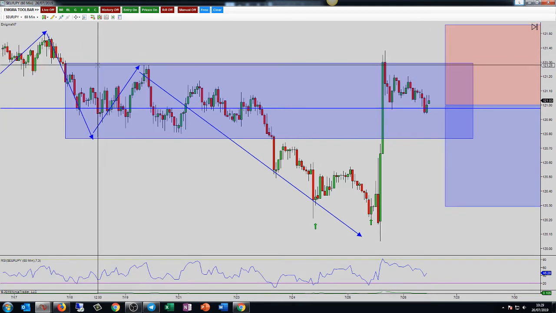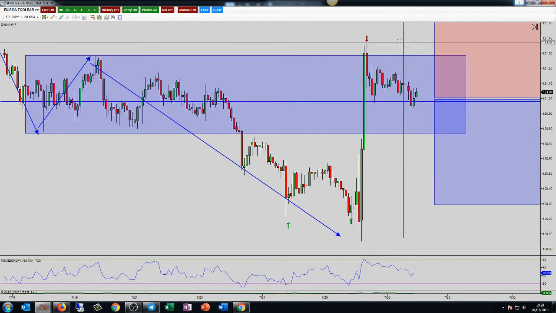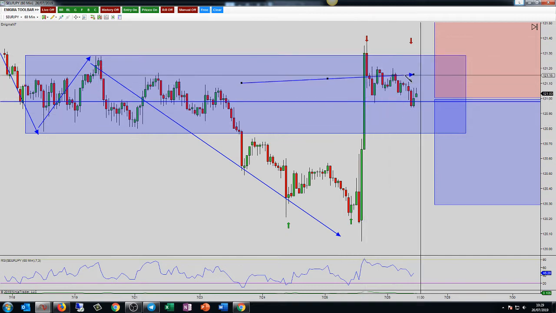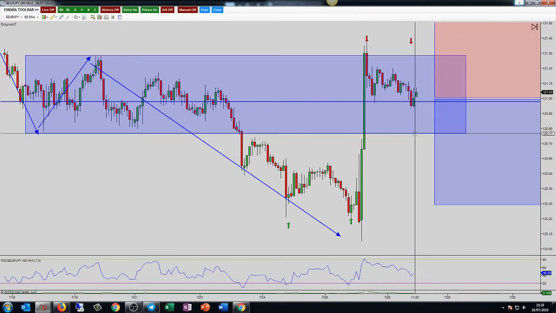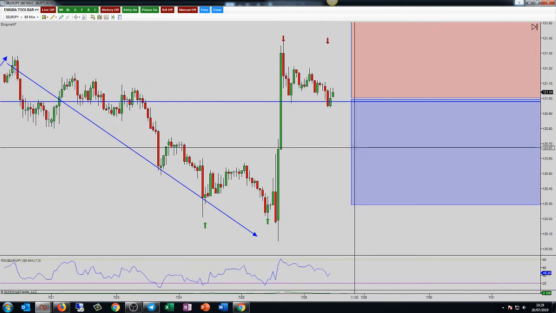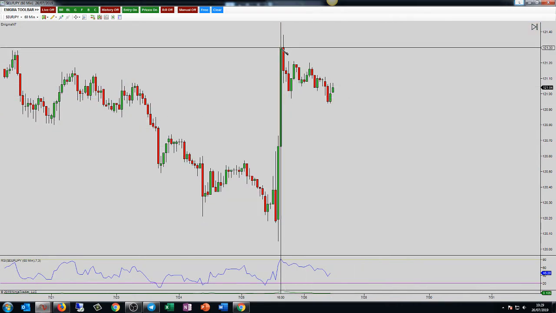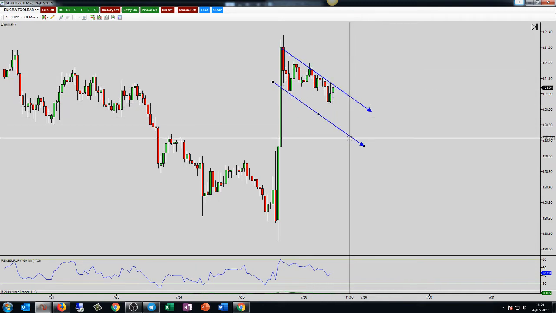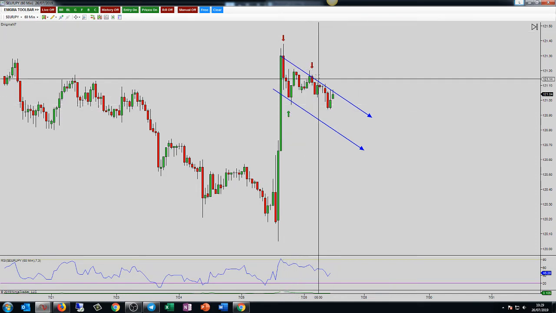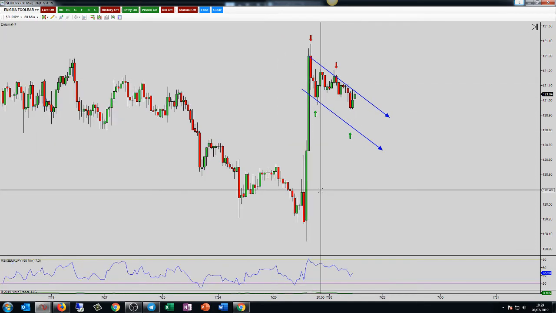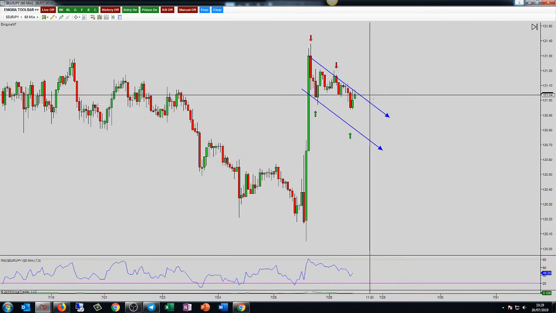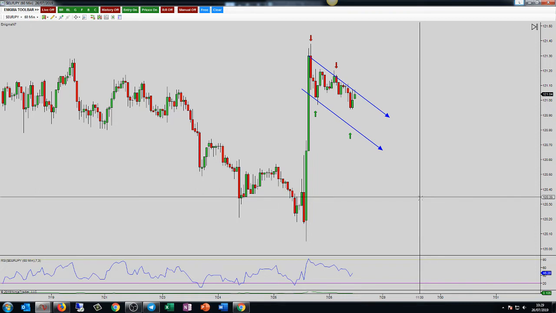What I was hoping for, I don't think it's valid actually. No, it's not. I was hoping that we would see a double top up here, but here on the 60 we've actually violated to the upside. So nothing here, to be honest with you, for me. And I don't think this is a valid flag pattern, not just yet. 1, 2, 3, you'd be waiting for the fourth touch here anyway. And the problem here, bigger picture, we're looking at a bearish move, aren't we?